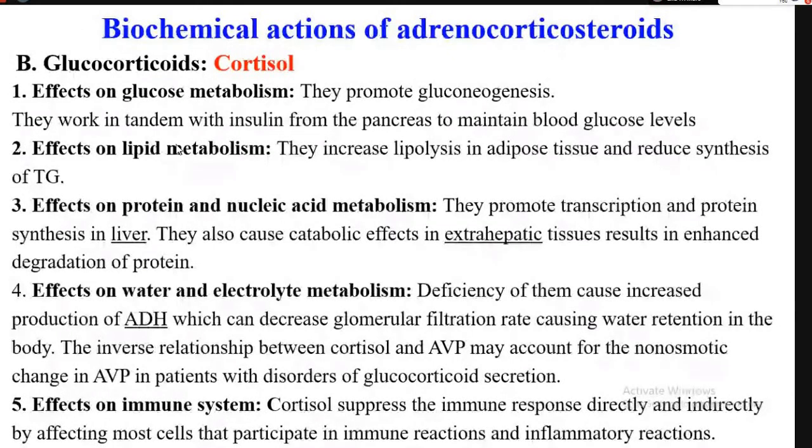We'll see the clinical features of Cushing syndrome, which arise because of this redistribution of fat. Then in water and electrolyte balance, because I said already, it has 1 upon 400 times less potent action of mineral corticoid. Although it is very less potent, it has an effect on that.